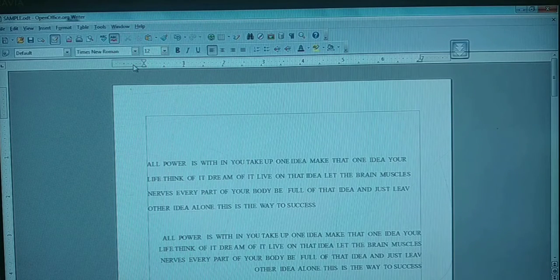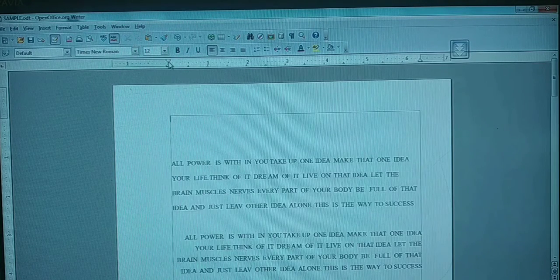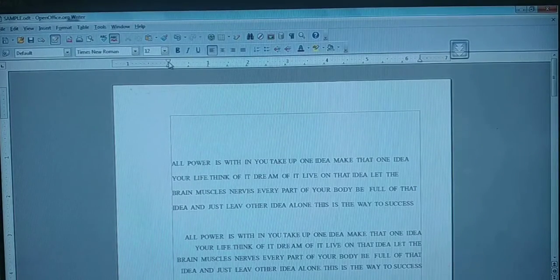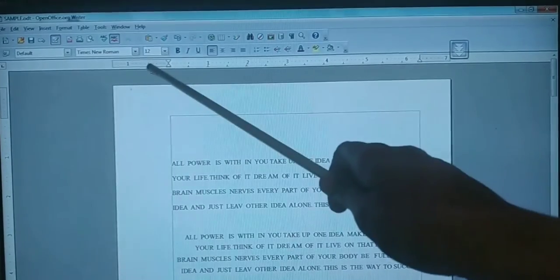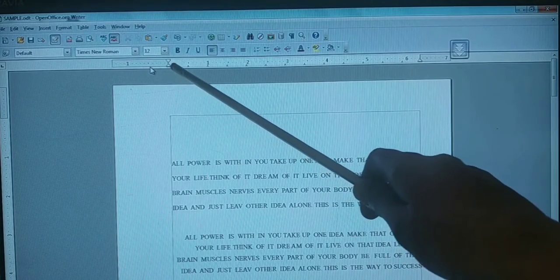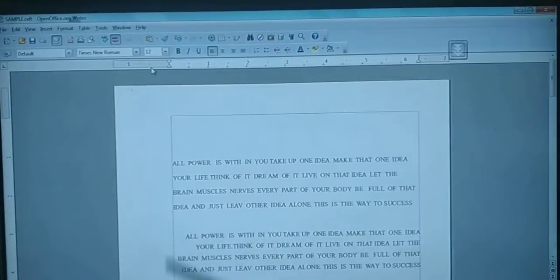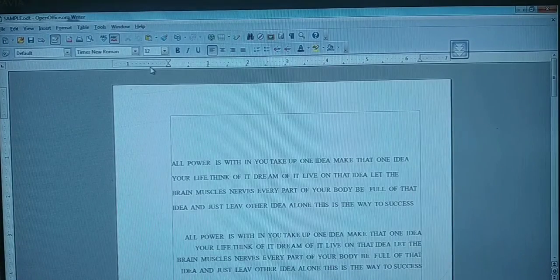When you bring your cursor here, automatically you are able to see it changes into a double-headed arrow. Just by clicking that one and dragging to the needed position, the margin will be changed for you. See here. Yes, you are able to see the difference. First your margin begins from here. Now after I move the ruler to this side, just by dragging it, the margin is changed. Now I will repeat it again for you. See here.